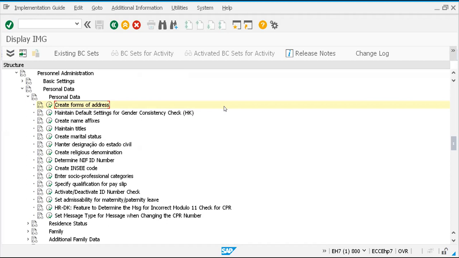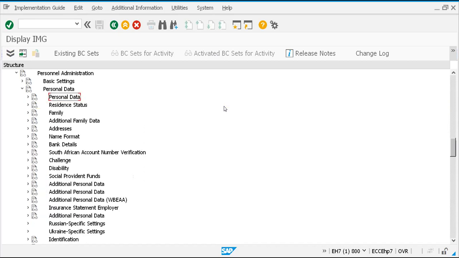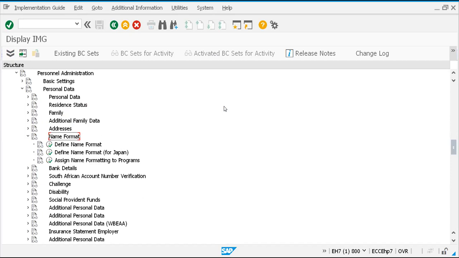Okay, so here you can see other values. Maintain titles, you can maintain. What I'm doing is I'm maintaining in this, you can maintain PA, personnel administration, personal data, and you can see name format here. I'm going directly from here. In name format,